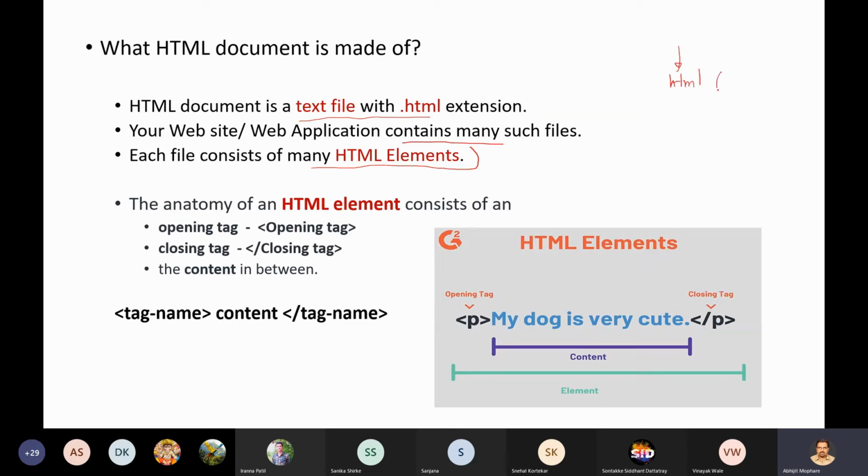So this HTML file, as developers, we normally call it a document, correct? Each document is made up of several HTML elements, right? And each HTML element is made up of three parts, okay? It has an opening tag, some content, and a closing tag, okay? So each HTML element consists of an opening tag, a content, and the slash